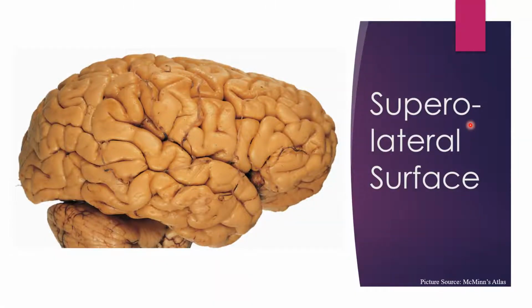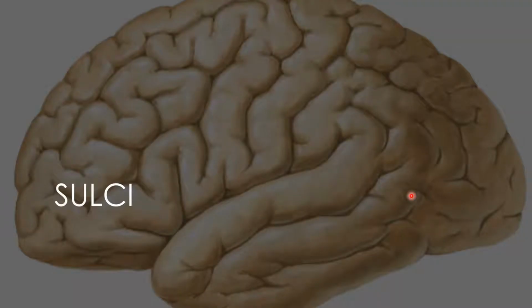We were discussing the cerebral cortex. Now we have learned the general consideration of the cerebral cortex. We are now discussing the surfaces and the adjacent sulci and the associated sulci and gyri. Starting with the superolateral surface, it is a convex surface extending outwards, hence it is called the superolateral surface. First, the sulci.